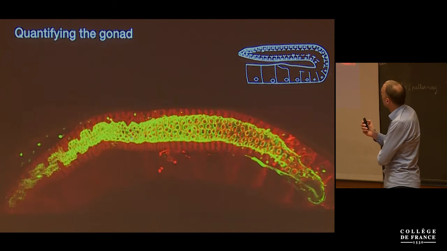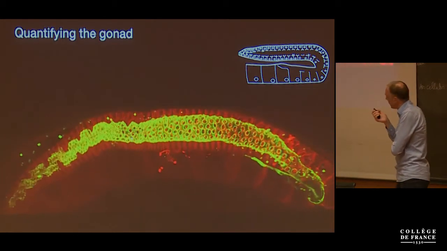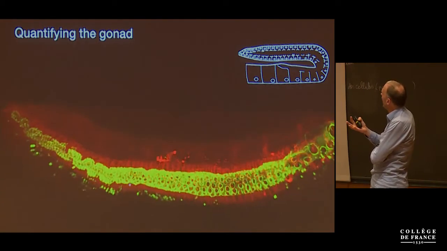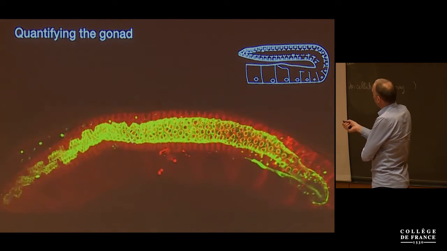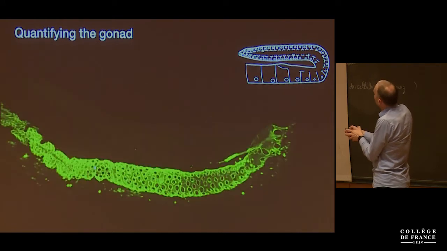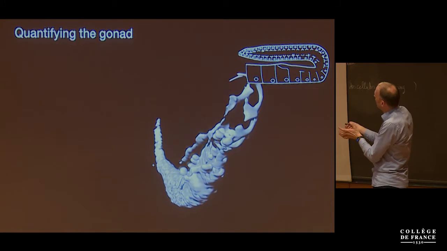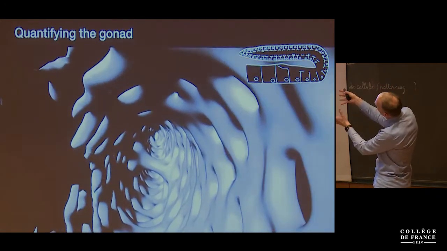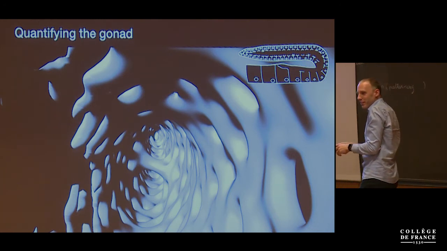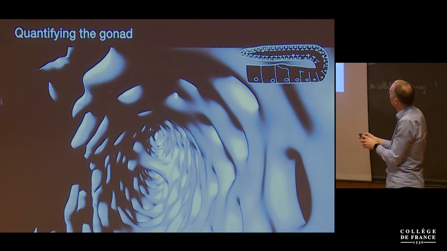Okay. All right, so to start this project, we thought it's probably best just to quantify as much about it as we can. So we measured sizes, lengths. So this is just a movie that shows you what this rachis structure looks like. Just to illustrate, this PhD student went a bit crazy with Imaris, okay? But you can go inside the rachis, you see that's a tube, inner tube, you see all the holes here to the germ cells. Hundreds of germ cells, each having a roughly equally sized hole, okay?